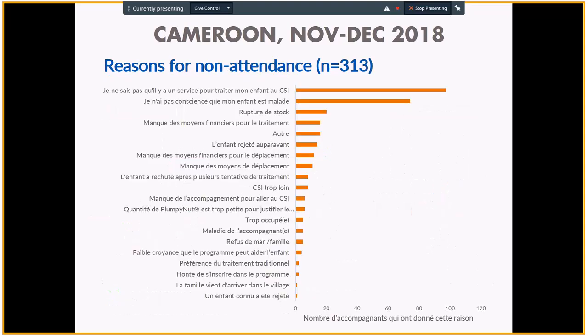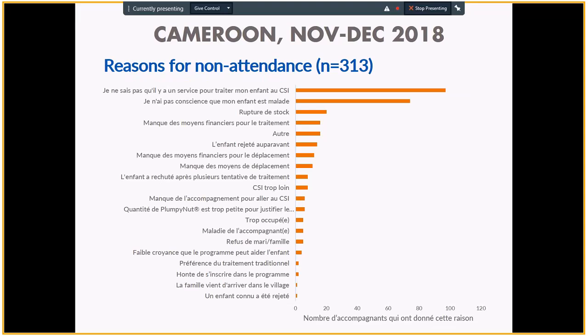As I said, when we found non-covered cases, or children that weren't in the programme at the time, the surveys did a quick questionnaire to try to understand the main reason for a child not being in the programme, or what we call reasons for non-attendance. And we then ranked these reasons like this. And the first reason, or the first two reasons,